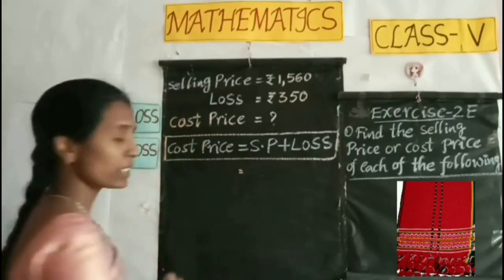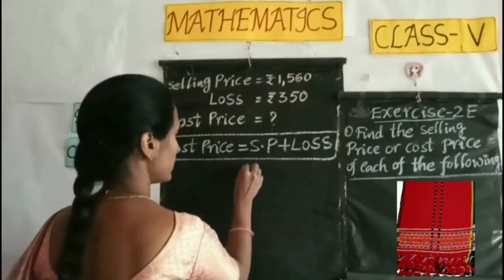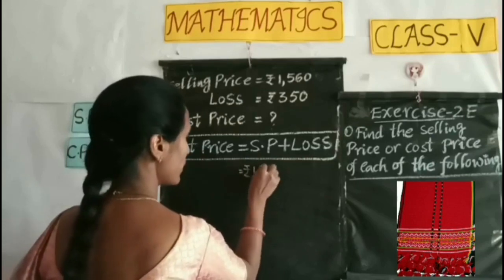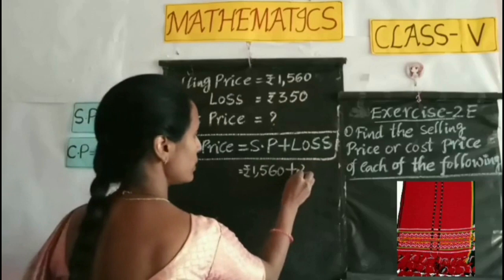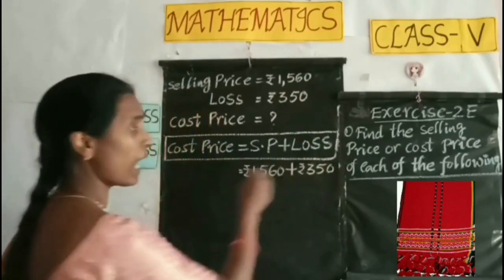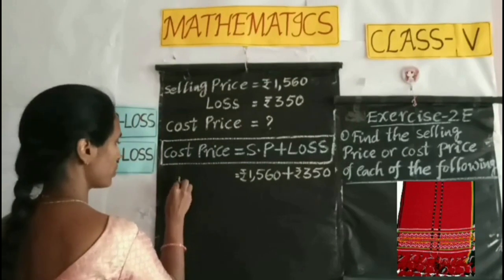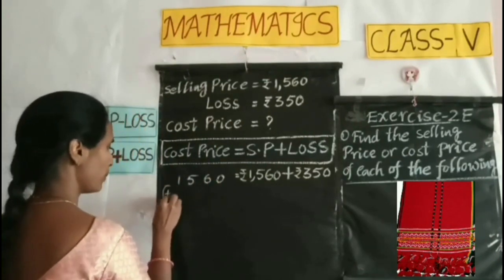So what is SP, children? SP of the shawl? 1560 rupees plus loss 350 rupees. So we have to add 1560 plus